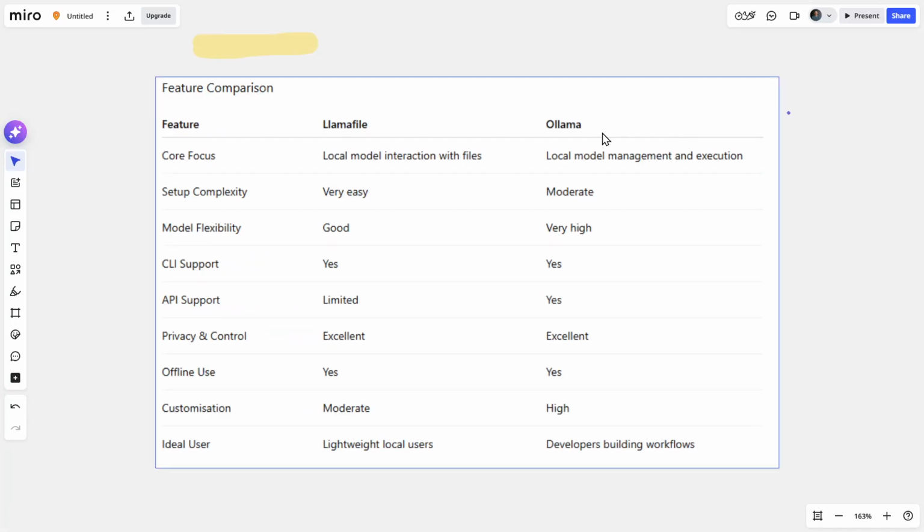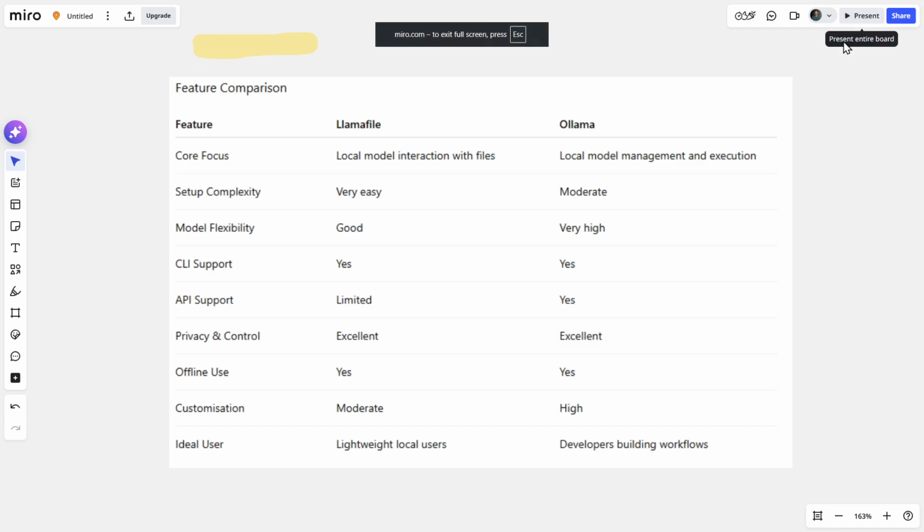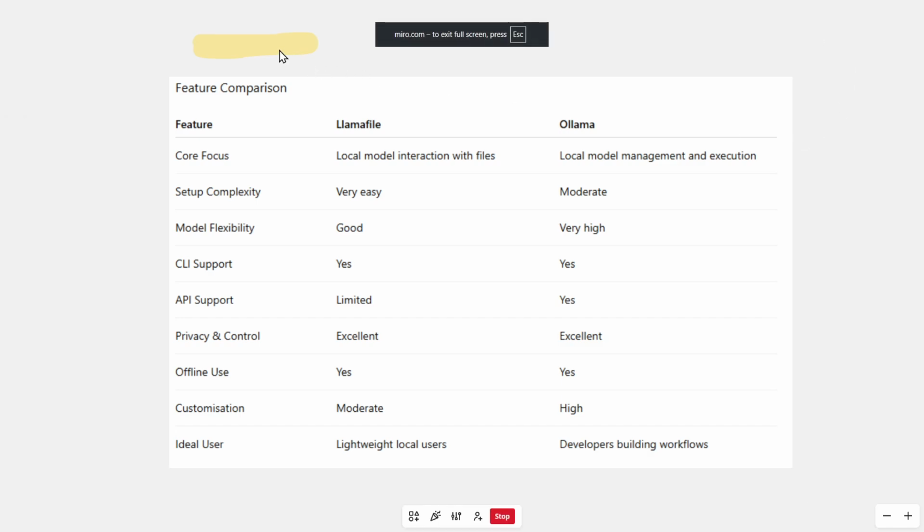Feature comparison. Llamafile and Ollama both let you run AI models locally with privacy and offline capability, but they excel in different areas. Llamafile's simplicity and file-based interaction make it ideal for users who want quick local inference with minimal setup. Ollama's broader platform and tooling support give developers more flexibility to manage multiple models, integrate with apps, and customize